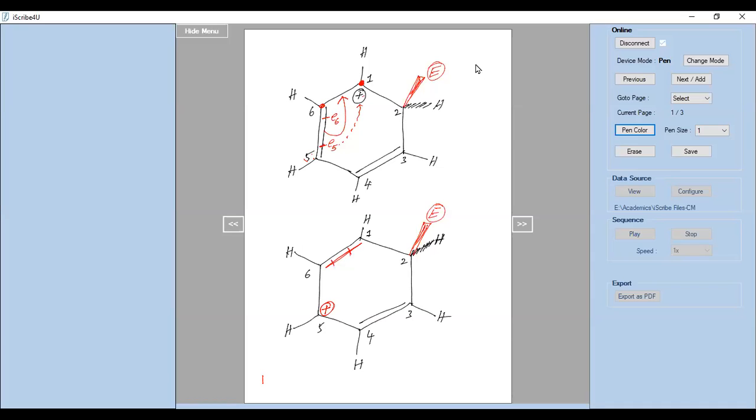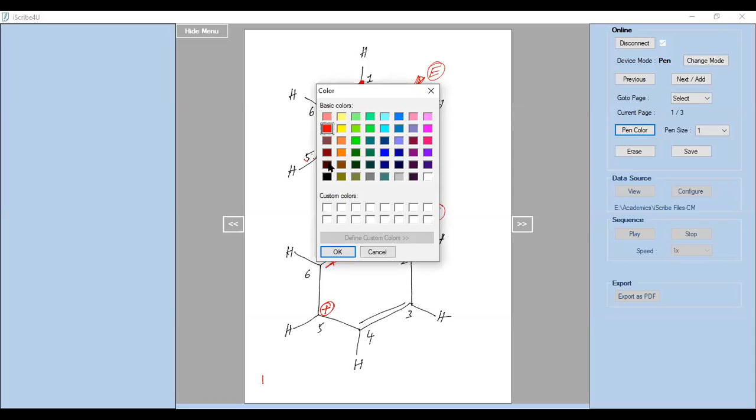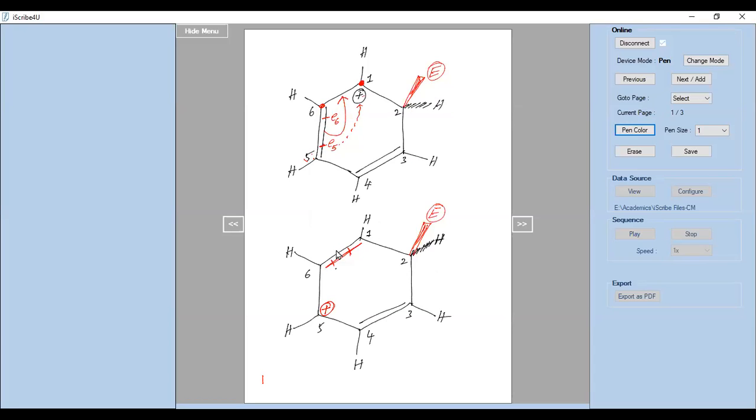Now, if you label these as electrons, in this pi bond, this is the electron belonging to the 6th carbon and this is the electron coming from the 5th. Similarly, in the bond between C2 and E, this is the electron belonging to the 2nd carbon, while this is the electron coming from the 1st carbon.